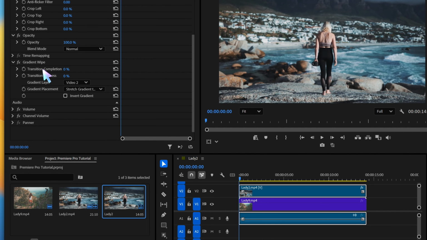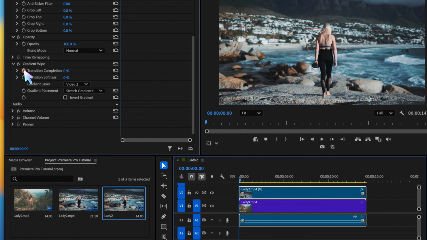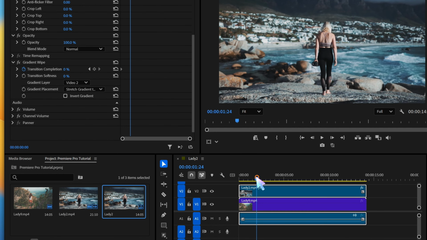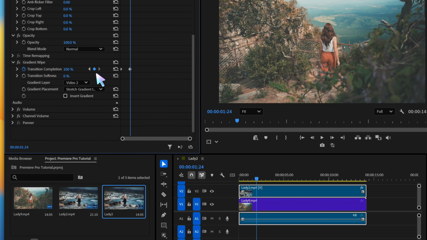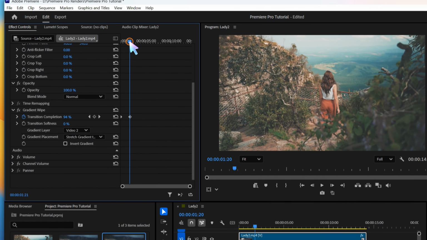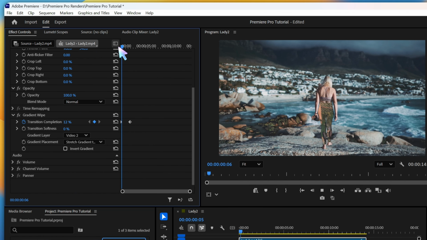Move the playhead to the beginning of the clip. Set Transition Completion to 0% and click the stopwatch icon to create a keyframe. Now move the playhead a few frames forward. Change the transition completion value to 100%. Now, when you play the video, the top clip gradually gets wiped away and reveals the bottom clip, creating a